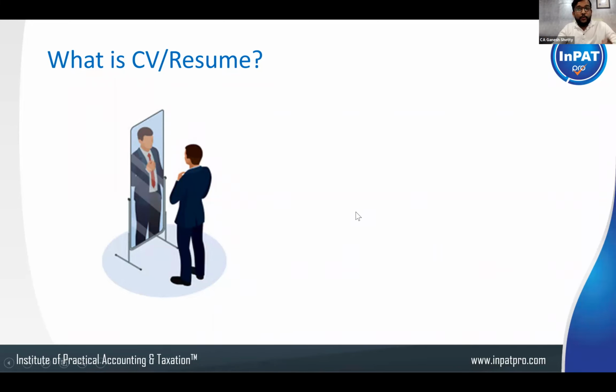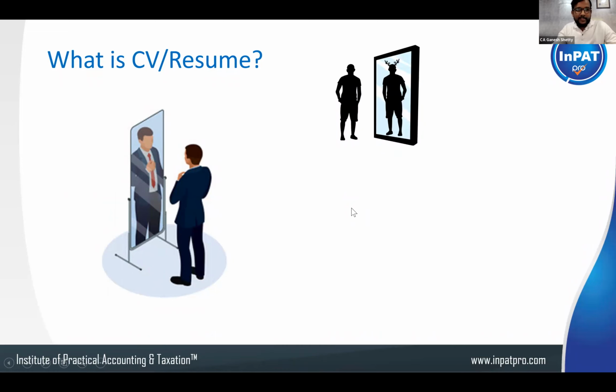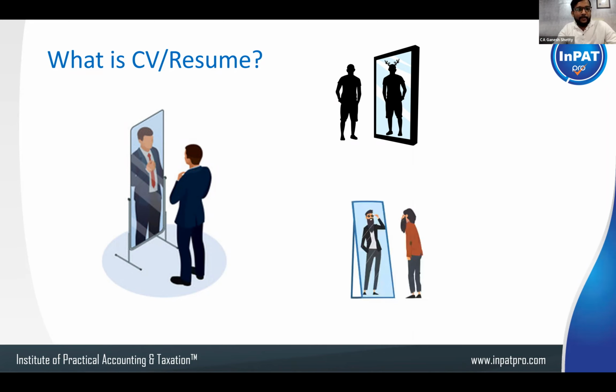So how it shouldn't be. It shouldn't be like this. Can you see the image? Outside the mirror is someone, and in the mirror someone else is there. It's like having some funky wordings and making errors in the CV. This is the kind of imagination I'm showing. And can it be like this? Even not, because you are not as you appear in the mirror, but you are reflecting as you are like in the mirror. That difference shouldn't be there.